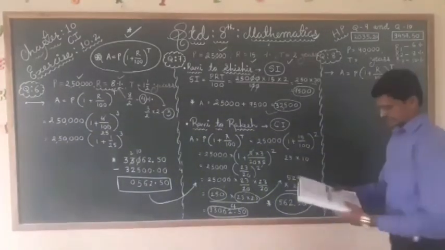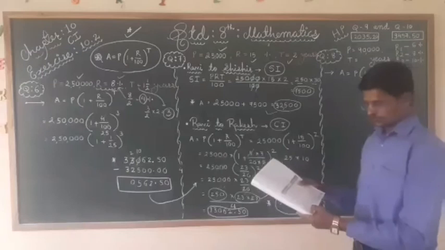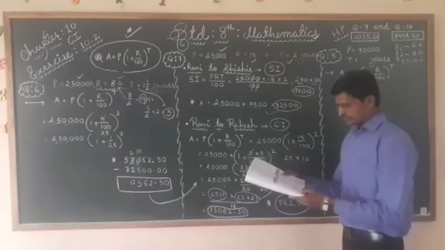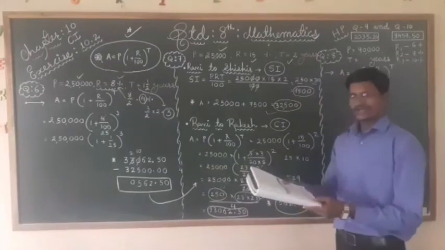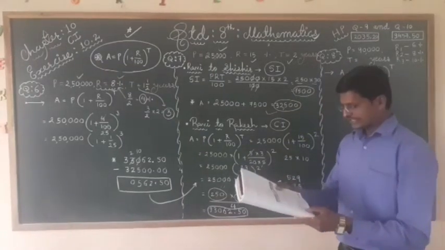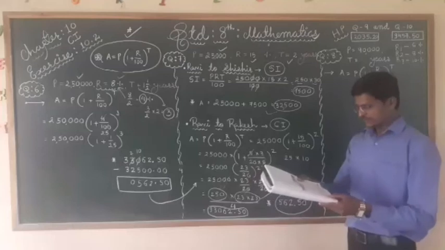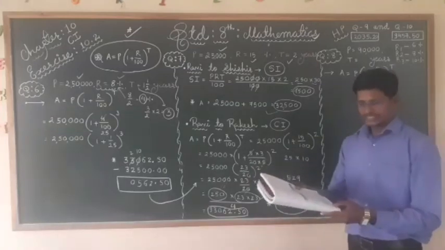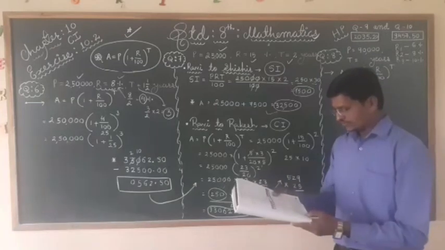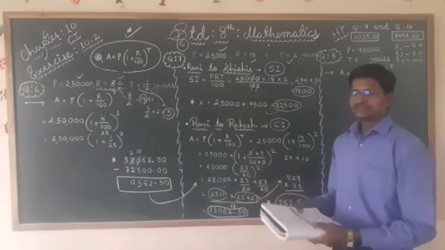Now next question, question number 8. If you see in your textbook, Saurabh borrows rupees 90,000 for 3 years compounded annually. The rate of interest being 6%, 8% and 10% per annum for the first, second and third year respectively. What amount Saurabh has to pay after 3 years?